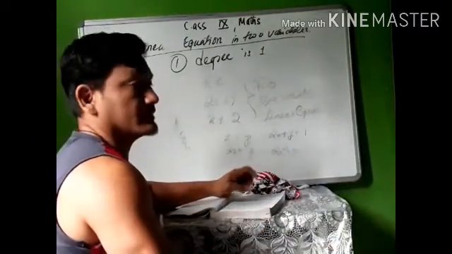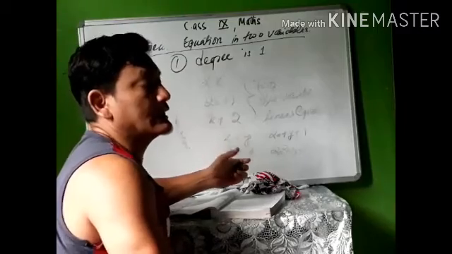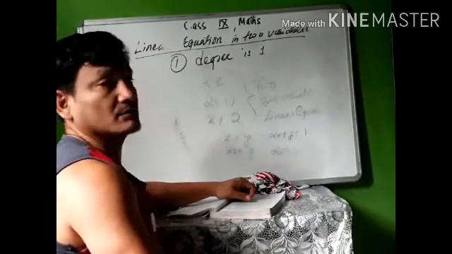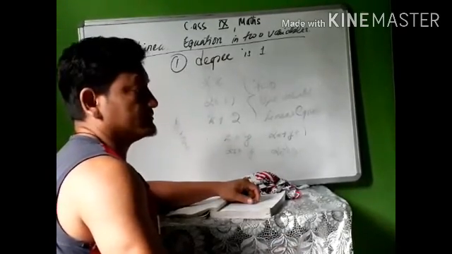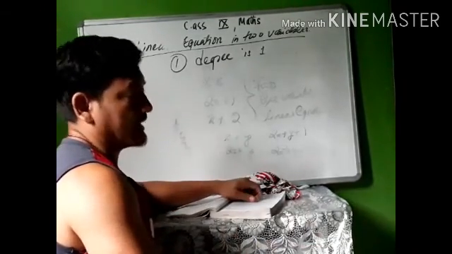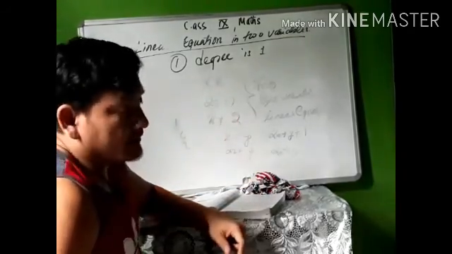Degree is 1 means the power of the variable used in the equation needs to be 1. That is how we identify a linear equation. The next thing is that no matter how many terms you have in a linear equation, the linear equation is linear only if you